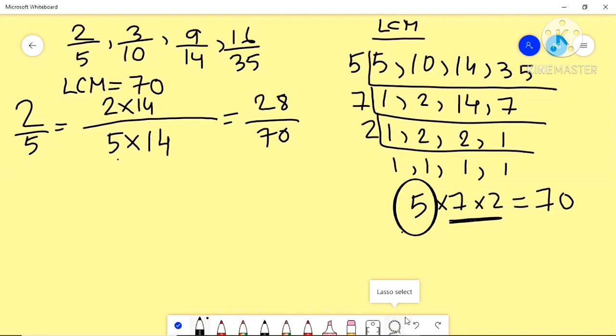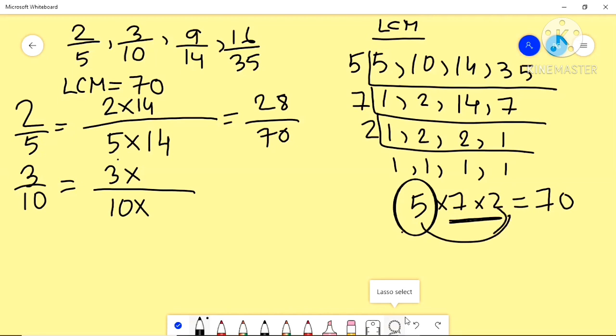Now the next fraction, that is 3 by 10. So let's do 3 by 10. How to do 3 by 10? It is equals to, like this you will write down same, 10 into how much? And the same number you have to multiply in the numerator also. So 10, so if you take 5 into 2, that is 10. So what is left? 7, that means you have to multiply with 7. So what? We will get the common denominator because we are making it into like fractions. So here we will multiply with the same number. Clear? Then we will take 9 by 14.